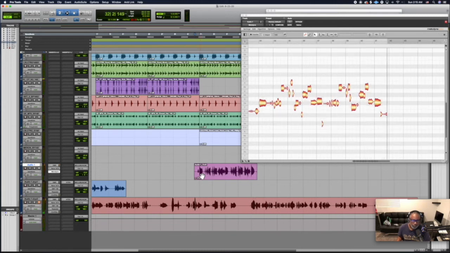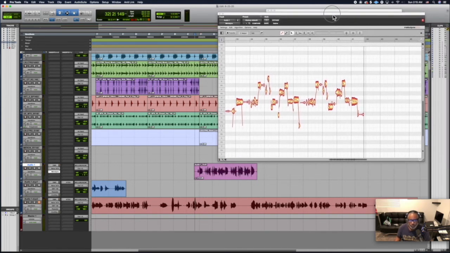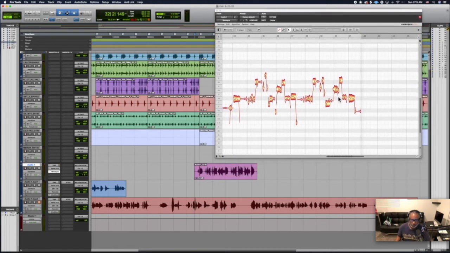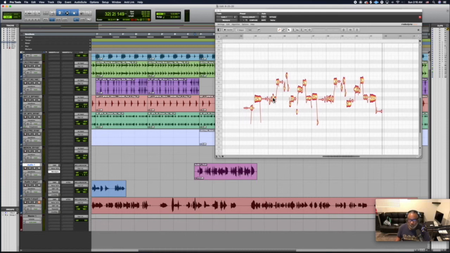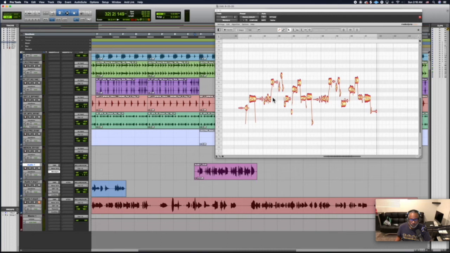And then you just stop, and that's your notes. Then it's in Melodyne now. Now you can tune it. So what I like to do usually before I do anything, I already know how it sounds. It sounds the same way. We haven't done anything yet. So what I like to do usually is